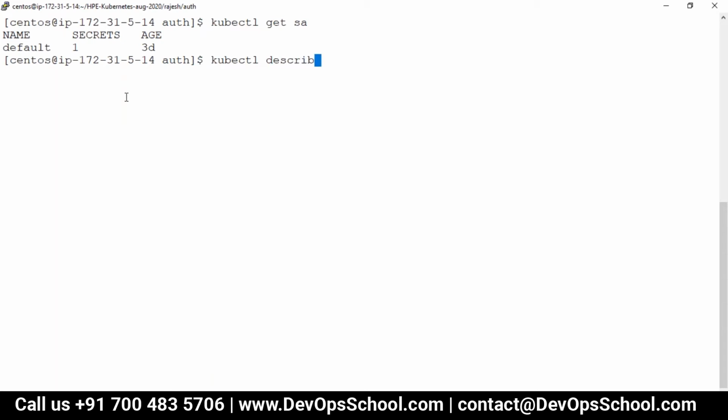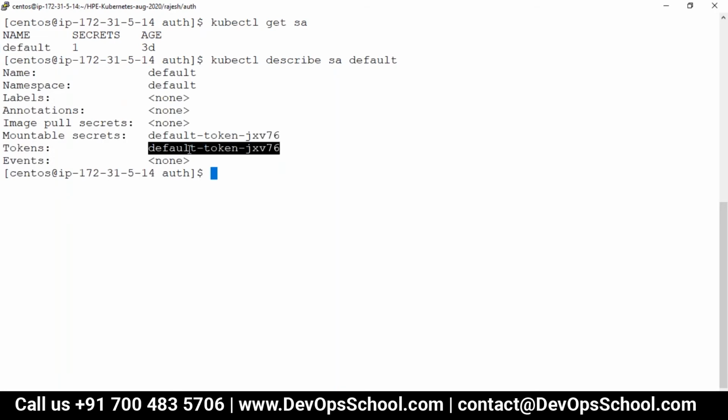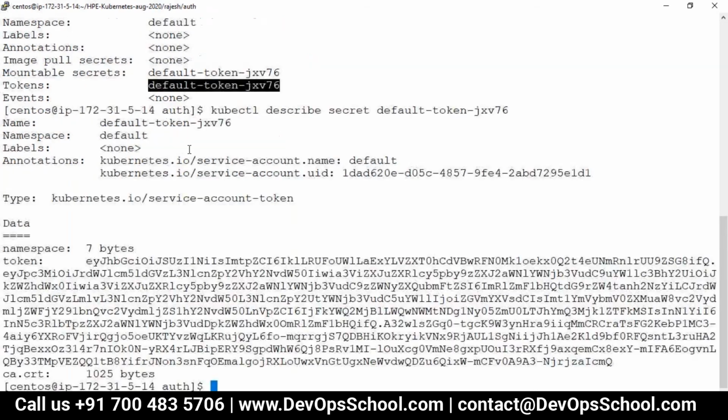kubectl describe SA, and so the token is this one.